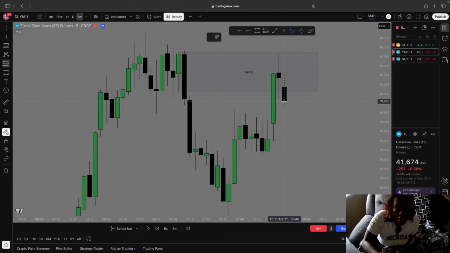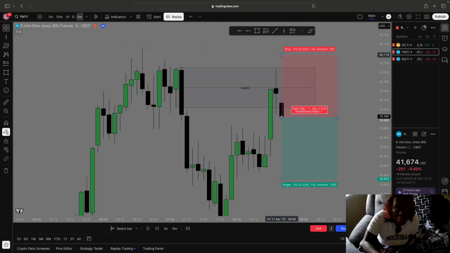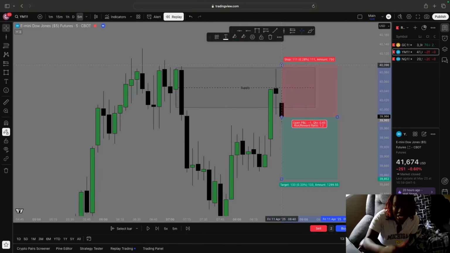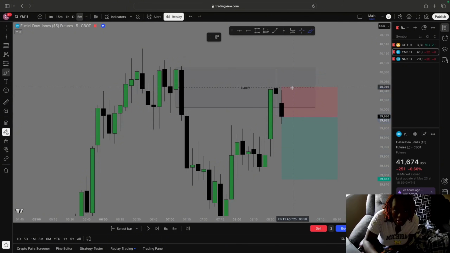So I will get in here. Now, depending on what your risk is, what you're willing to risk, and all types of personal factors, you can either go above this zone here, but this zone is pretty large, so this would probably be too much. I like to go a little above this current candle, the entry candle's wick. You can see that the wick is right here. I like to go slightly above that. So I went above that here,